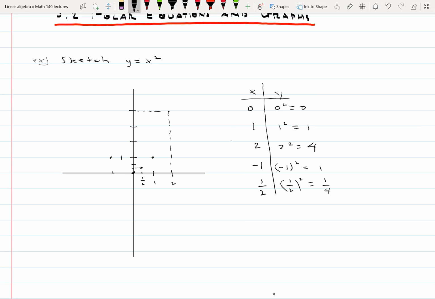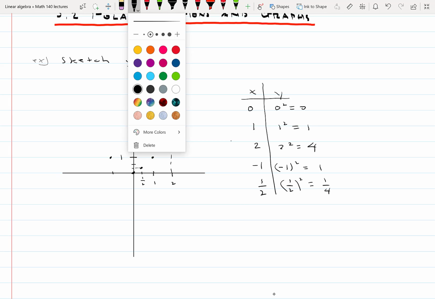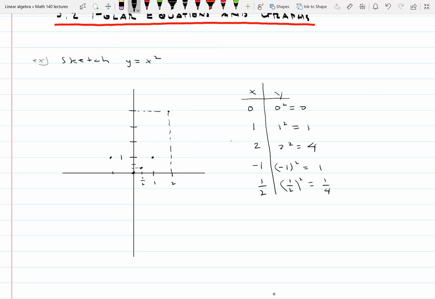And then you took a big leap of faith. You took the leap of faith that you can connect these dots into a nice smooth curve, which is not necessarily the case in general. But for starting to learn how to graph points, it works out pretty nice. Okay, so we connect these dots, and we get